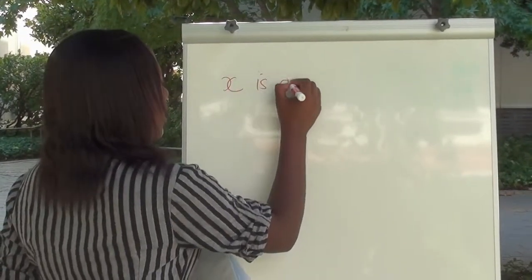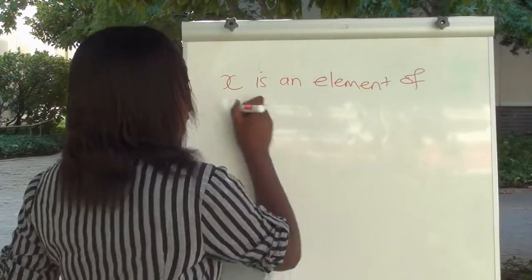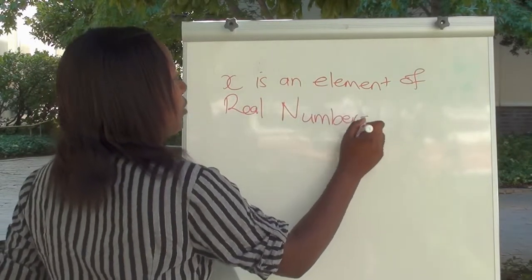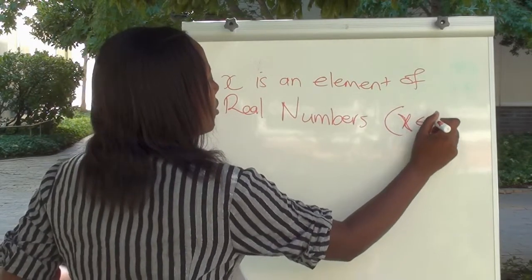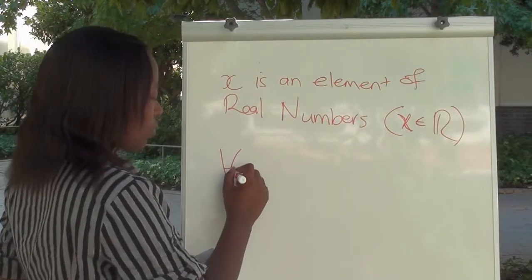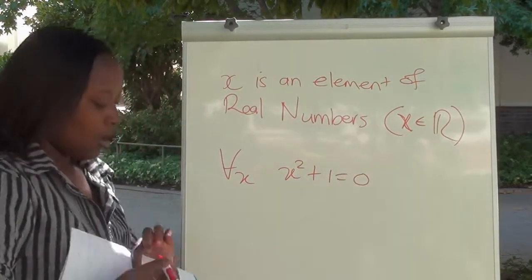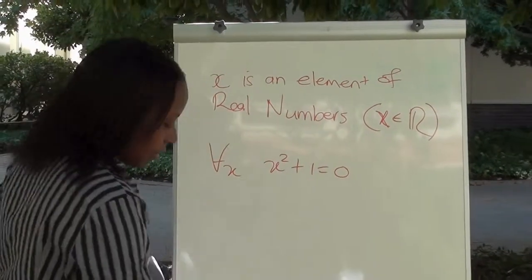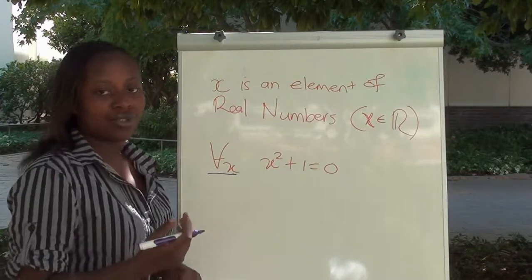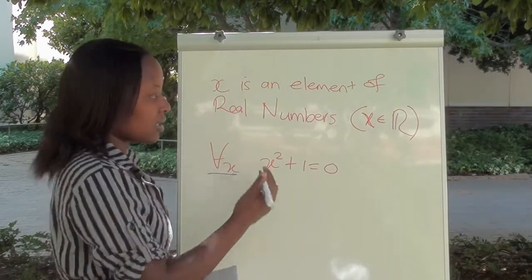x is an element of real numbers. Then I write a statement that says: what does this statement mean? What exactly am I saying? Now, I'm saying that for all x that I can choose, which means for any x that is an element of the real numbers, right? For all the x values that exist, this